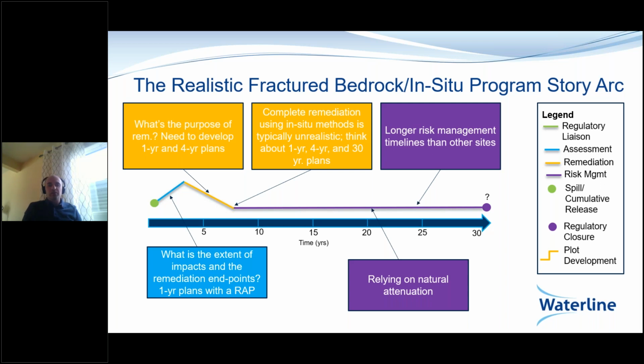So I'm advocating that in each phase of completing the work, we need to think carefully about timelines and long-term plans. We also need to acknowledge that the tail end, the risk management, is going to be a bit longer than you would see with that perfect consultant story. At the start, we have assessment, basically establishing remedial endpoints and getting a basic sense of what's up and what's down, what's the extent of impacts. That kind of work can be done from year to year,